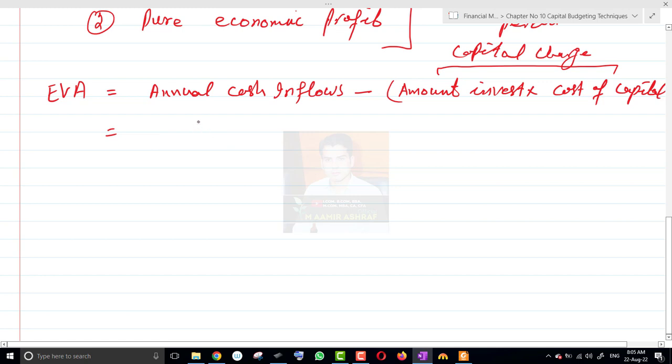The annual cash flow is 240,000 minus amount invested, 2.5 million, multiplied by cost of capital 9%, 0.09. 240,000 minus, you have to calculate 2.5 million times 0.09, which is 225,000. The economic value added is